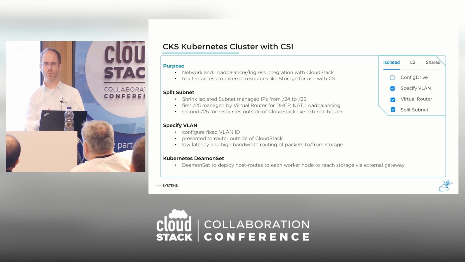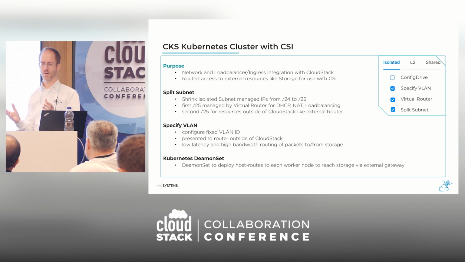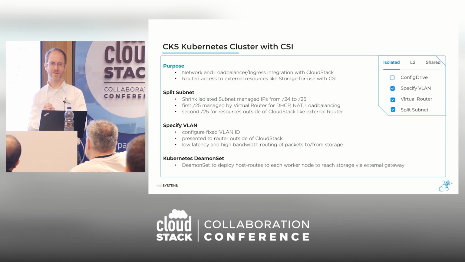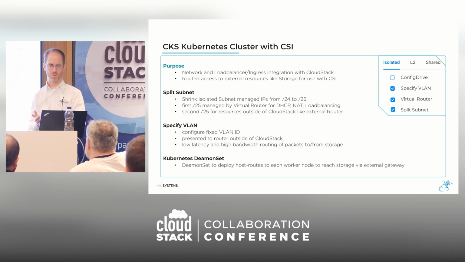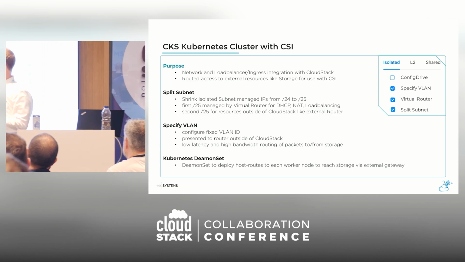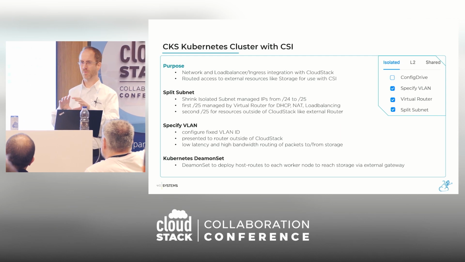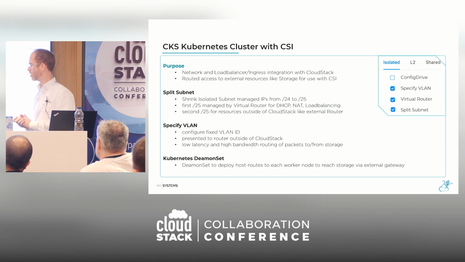Usually, the only way in and out of the virtual machines of the Kubernetes cluster is a virtual router. But probably you don't want to have a virtual router doing NAT or whatever in between your virtual machines, your Kubernetes hosts, and the storage. You want to have as few hops as possible, and you want to have the lowest latency possible. So we had to find a network path out of the isolated network, directly attaching it to the Ceph cluster.